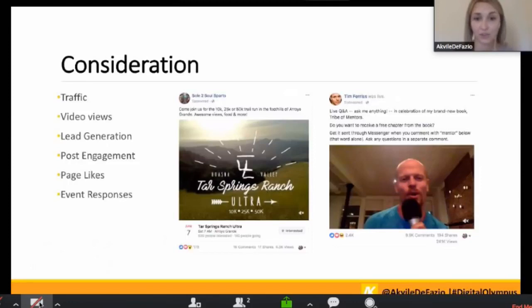And the only thing that they did was just put a nice text overlay, which you can use a lot of apps to simply apply on top of any image or any video. And on the right, you'll see Tim Ferriss. If you're unfamiliar with him, he's written a number of successful books and he has a great podcast. And he did a live Q&A.